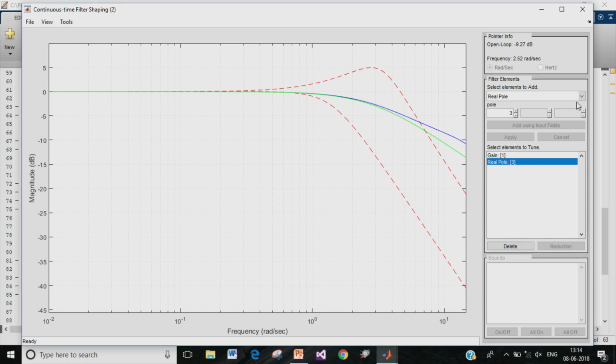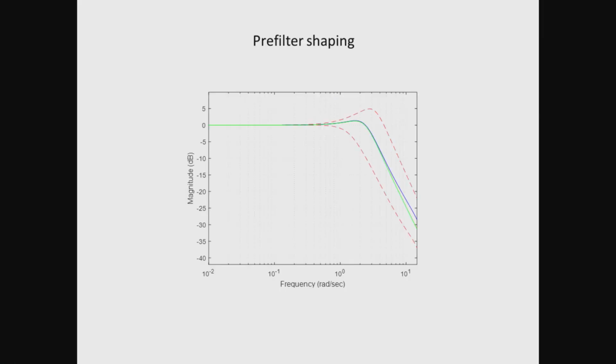So what we need to do is to select a complex pole here whose zeta and omega n are chosen in such a manner that the real part of this complex pole is minus 1.5 and the imaginary part of this complex pole is 2 units. I have chosen that to be the structure of our pre-filter, and with that choice we note that the maximum and the minimum variation in the transmission function of our overall system fall well within the bounds T upper and T lower that we had specified for ourselves. With this we have completed the design of the pre-filter and the feedback controller.